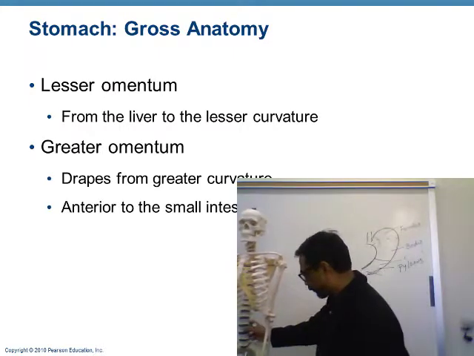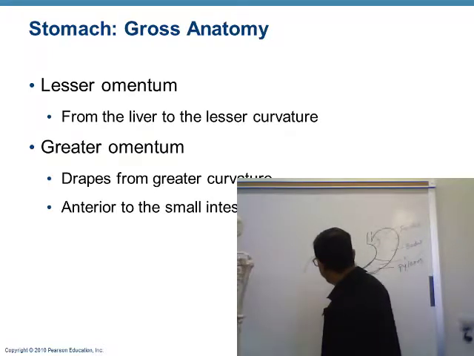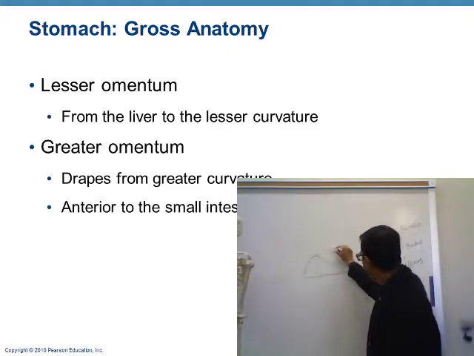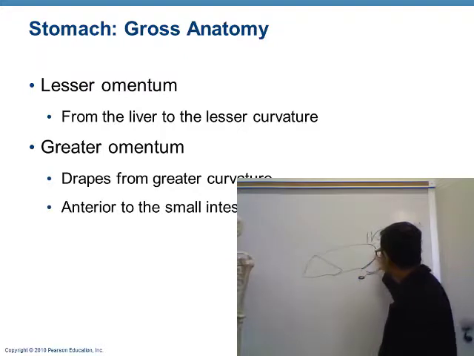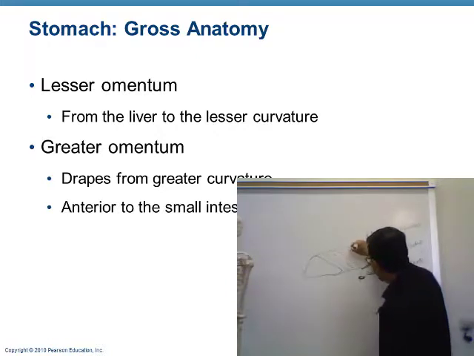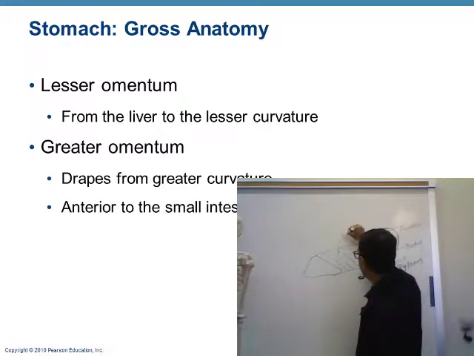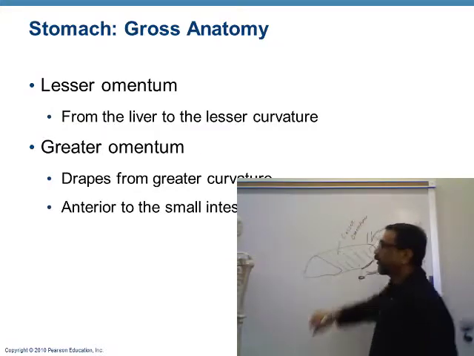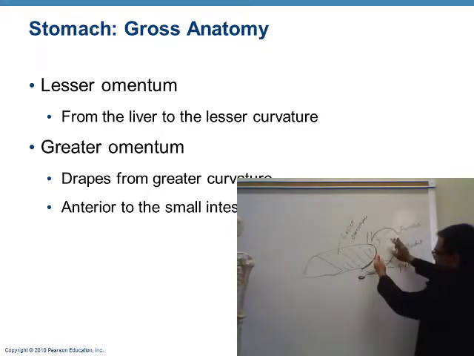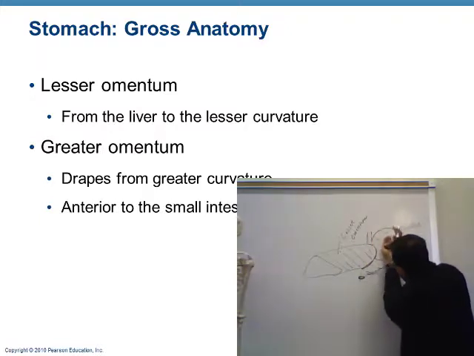And what happens, your liver is here. From the liver, the connective tissue membrane that goes to the lesser curvature gets attached to the lesser curvature. This membrane is called the lesser omentum. Okay, lesser omentum extends from the liver to the lesser curvature of the stomach. Then what happens? This omentum covers the entire stomach like this, you see, and this side,